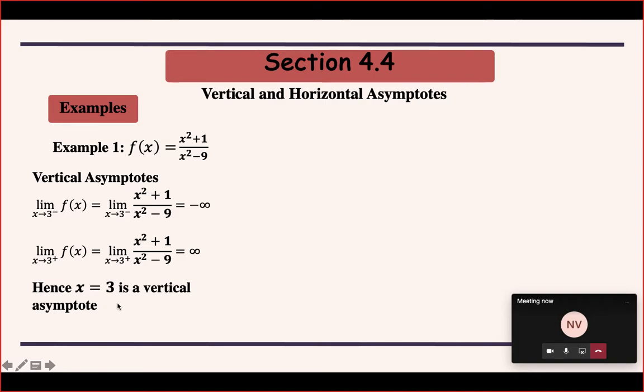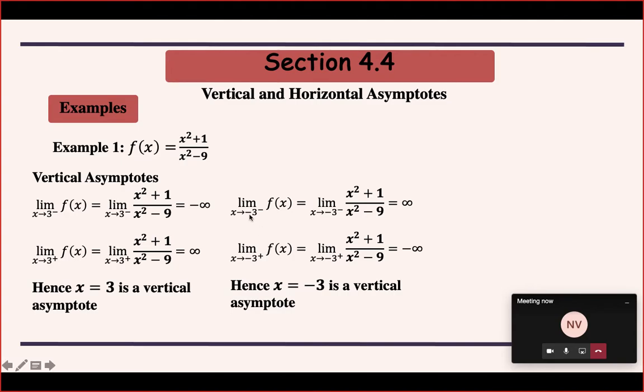The other c value you can take is minus 3. Again, since it is a square expression here, it is going to give you similar results. When you take minus 3 minus, so values smaller than minus 3, the denominator expression is very small, close to 0, but it is positive, so the limit is infinite. In the other case, the denominator is going to be negative but small, close to 0, so this expression will have a limit of minus infinity. In either case you have infinite limits, so this is a vertical asymptote.